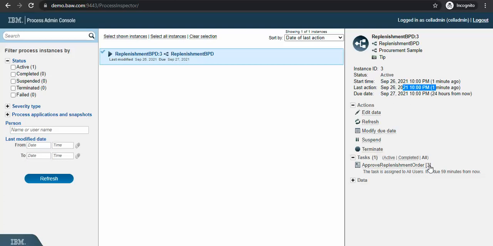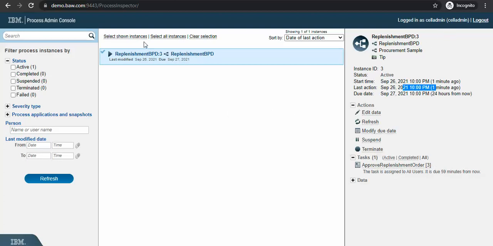So this task ID started to come after 8.5.7. From the 8.6 version, these task IDs are available in process inspector also, and so there is no change here.